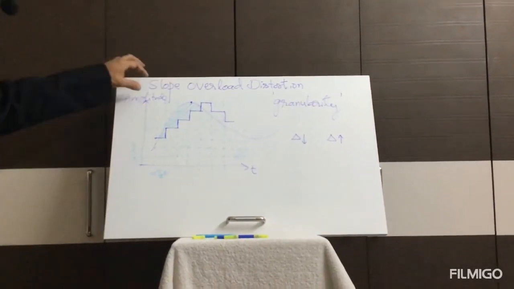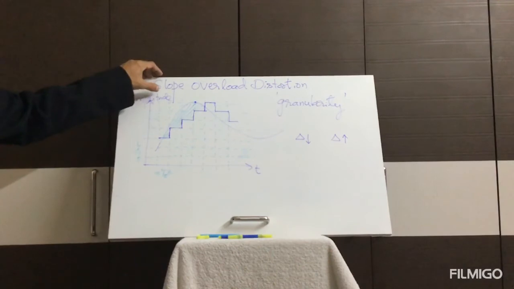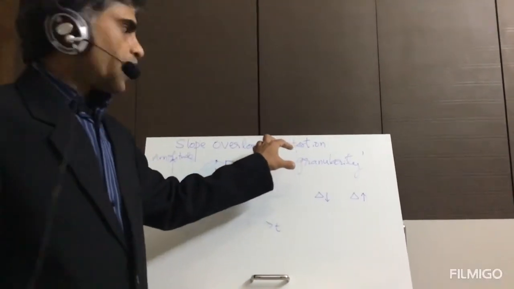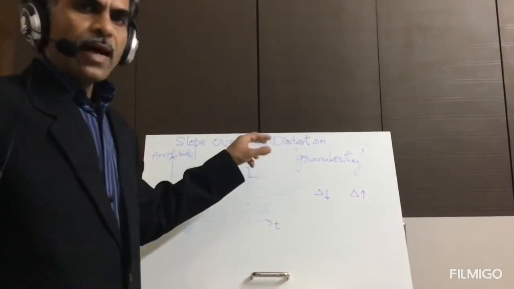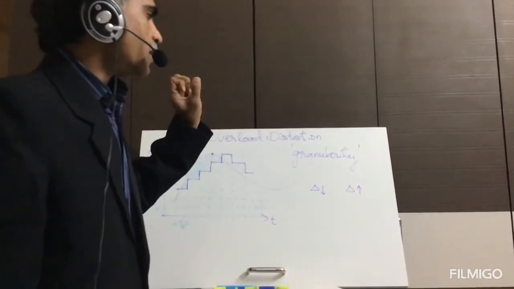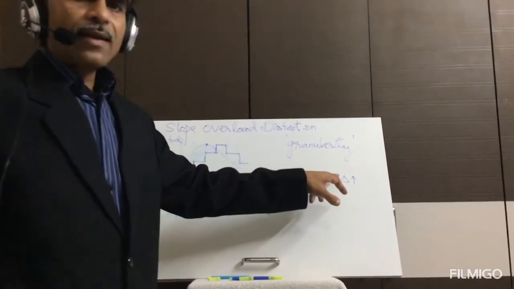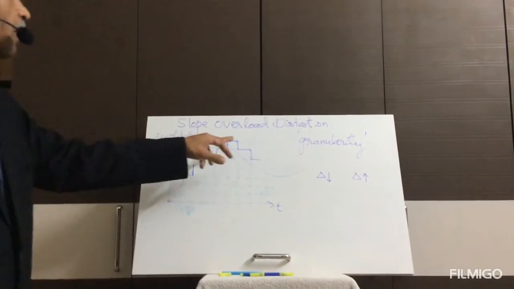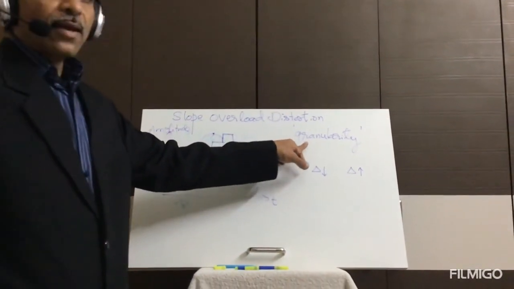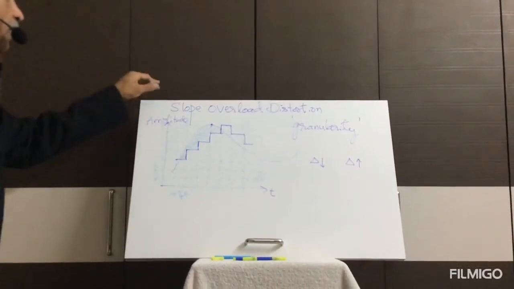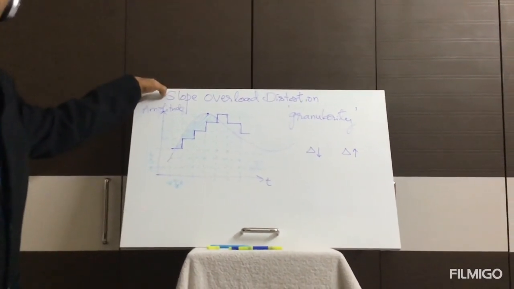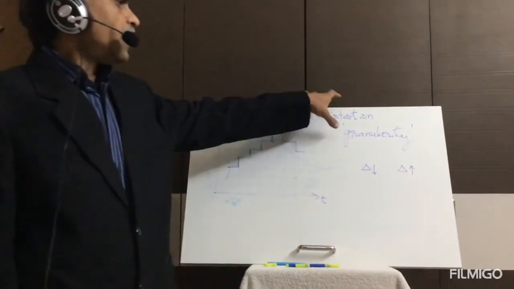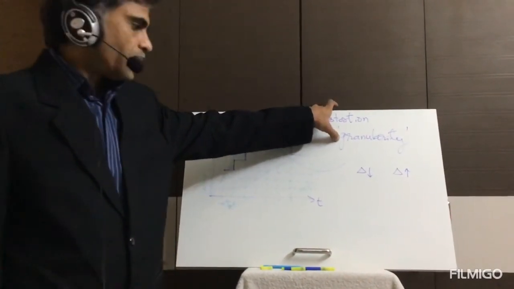But the degree of impact of slope overload distortion is less compared to the degree of impact of granular noise. Hence we have to take care of this granular noise, thereby keeping this delta value or step size under control. Therefore we can overcome the granular noise while facing the slope overload distortion, because the degree of impact of this slope overload distortion is less compared to the impact of this granular noise.